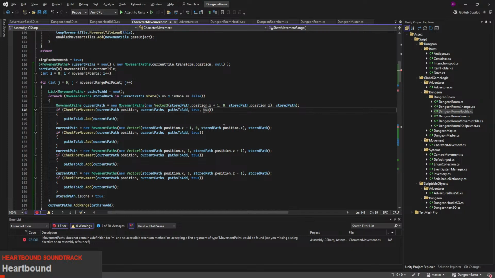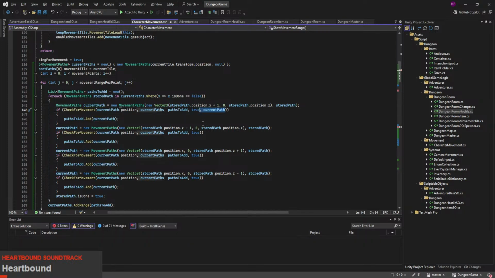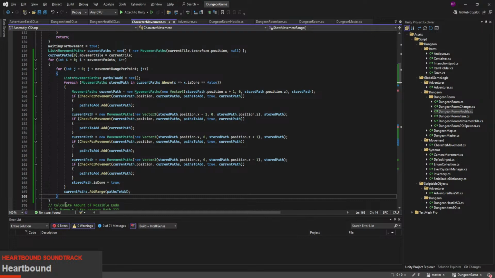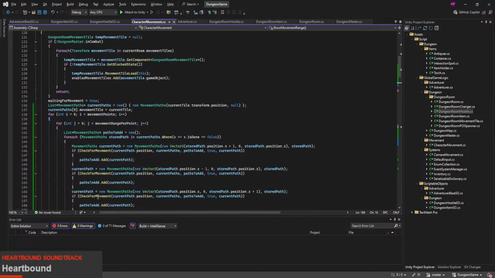Nope. Current path. Because now it gets also stored the component which I need. I can still use that done thingamajig. Which means I should just work outwards. And if I'm finished with that,